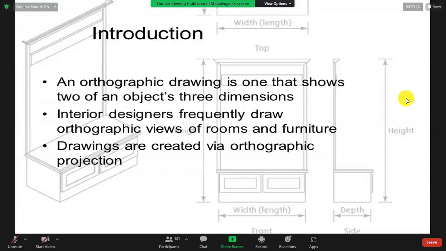So plan view, front view, side view. There are 3 views. These 3 views we call orthographic views. So orthographic drawing, you are now clear. We will give you a 3-dimensional shape, one object, and you want to draw it. What is the plan? What is the front? What is the side? We call it the end view. Sometimes you call it side view, okay. There are 2 sides, and one of the sides we call the end view. Plan, front, end. These we call orthographic drawing.